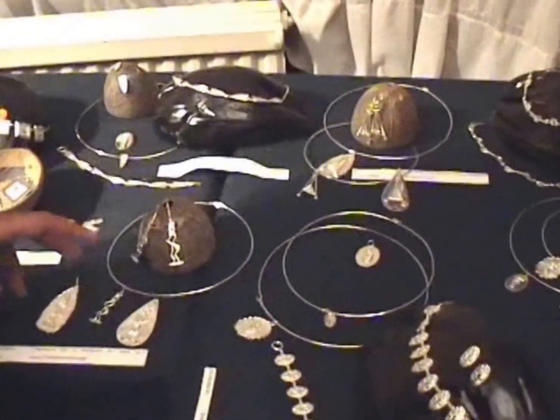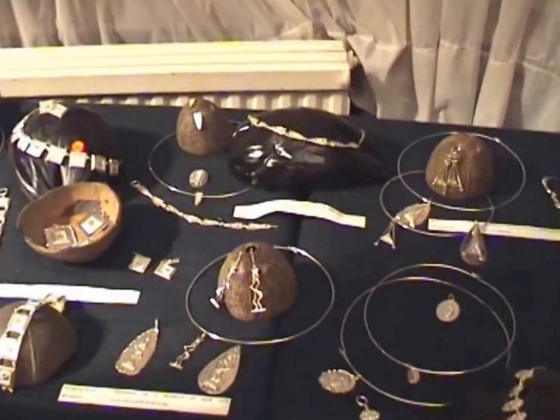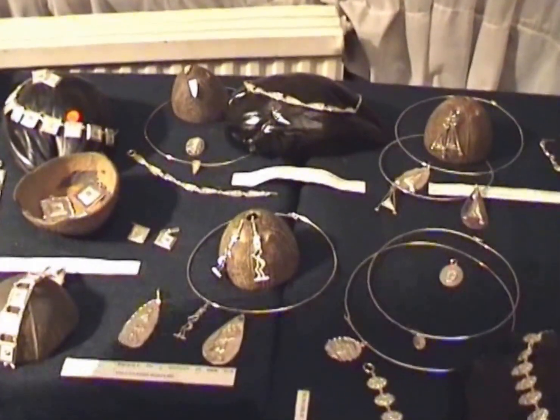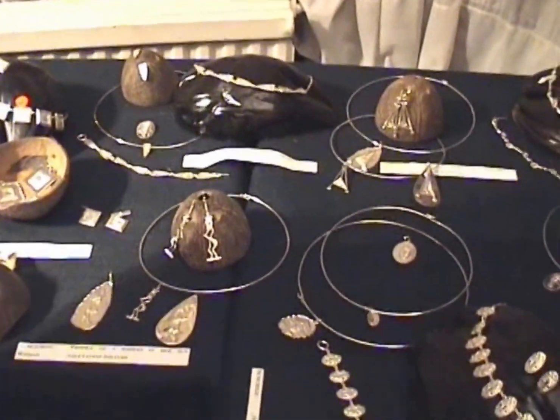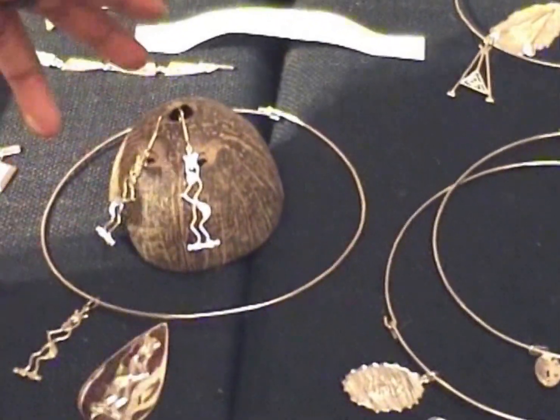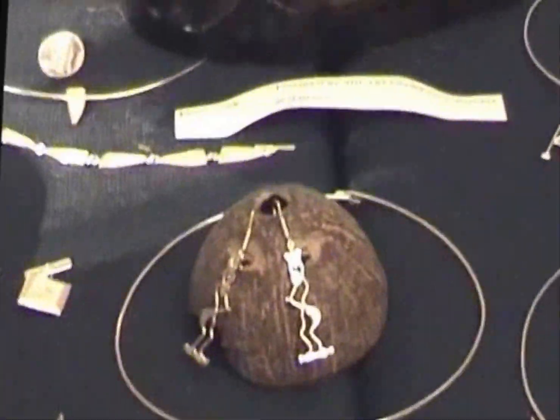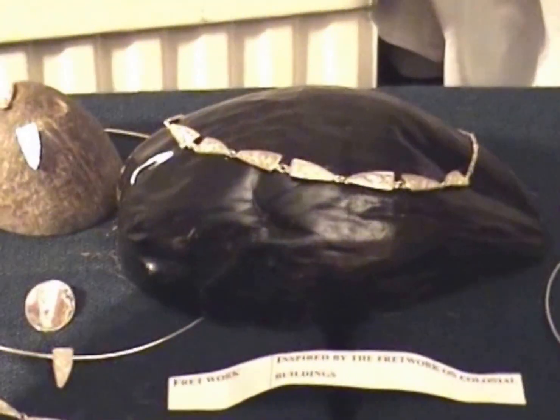Now here we have Stretching Woman, and this is a woman who does her sun salutation poses in the morning, and here she's stretching up in her sun salutation pose. We have the regular pendant, the mounted pendant, the earrings in this pattern, and here we have fretwork, which is